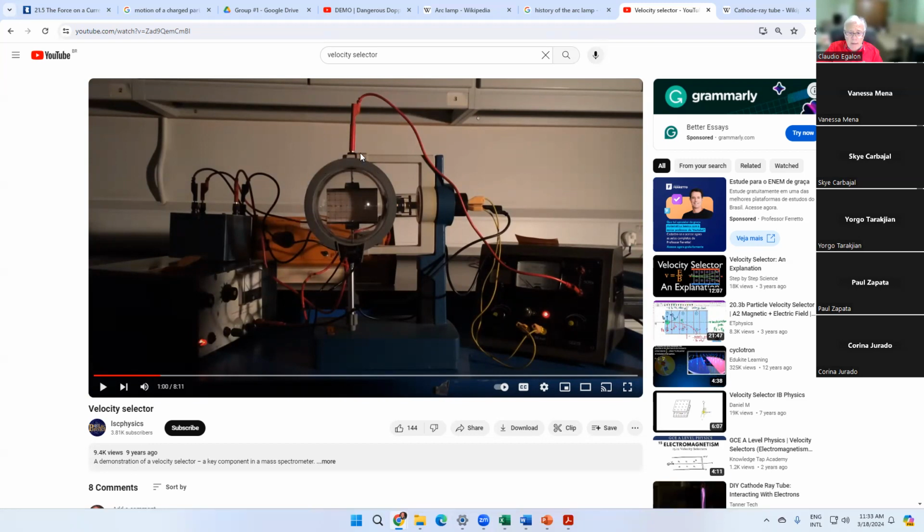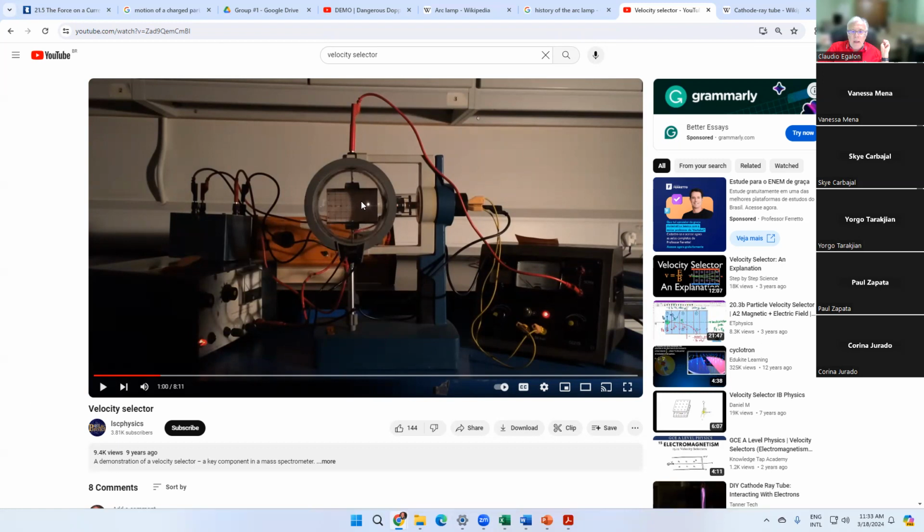You're going to learn later on there is a way to produce a magnetic field with electric current. And so those coils here are producing a magnetic field that's going to be perpendicular to the electric field that you see in those two plates, okay? So it's possible, like I said, you already know how to produce an electric field, right? And now in order to produce a magnetic field, we use an electric current. And these coils here are the ones used to produce the magnetic field.